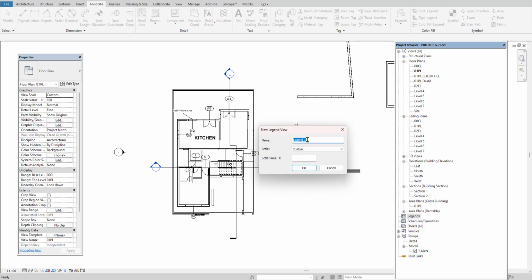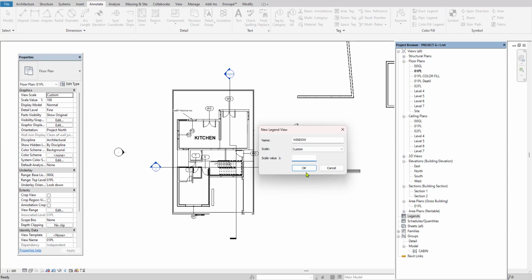After that, you can give the name for which part of the component you are going to give the detailing. I can say doors and windows here. Door, you can go with one by one or else you can combine it. Now I am going with the doors or windows, window legend. Scale, I just say custom, and scale value I keep 1:100 because my model is in 1:100.